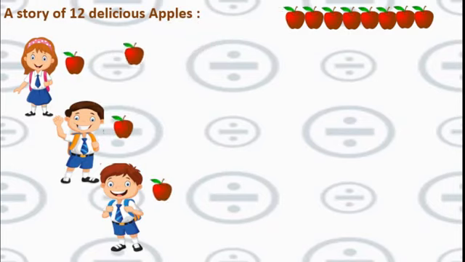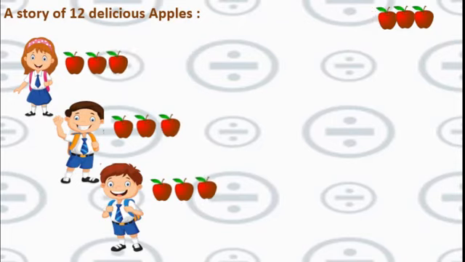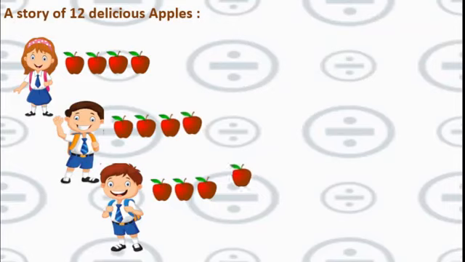Again 3 I will divide. Here, here and here. Okay. Again 3 I will take. 1 to this girl, 1 to this boy and 1 more to this boy. Last 3 remain. So I will give 1 to each. Yes, dear students, we can see here this girl got 4 apples. This boy got 4 apples and this also got 4 apples.